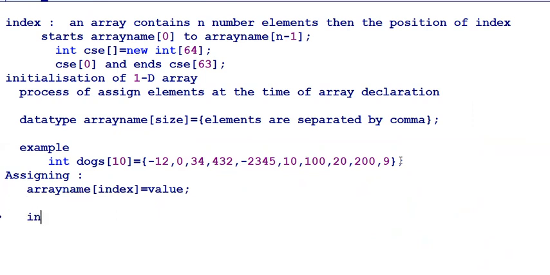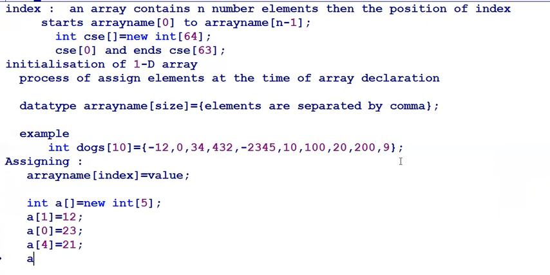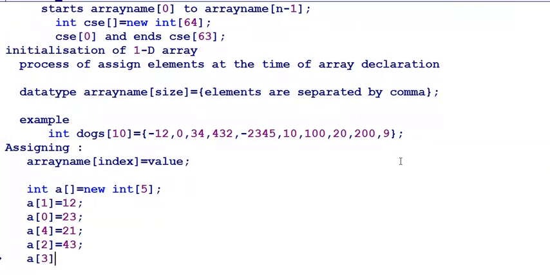Let us go for an example. I can declare int a of 10, where a is the array name, with 5 elements. Now I can give the indices not in the same order: a of 1 is equal to 12, a of 0 is equal to 23, a of 4 equals 21, a of 2 equals 30 or 43, and a of 3 likewise.